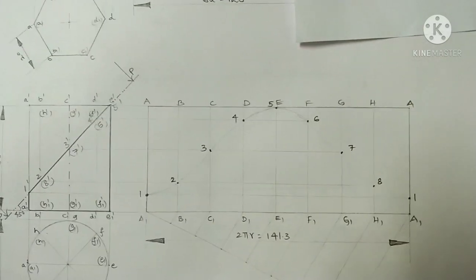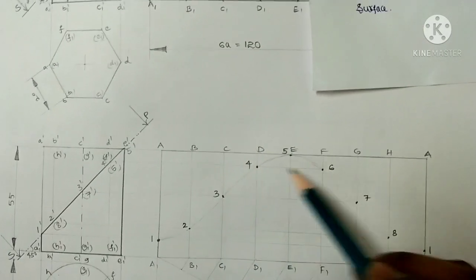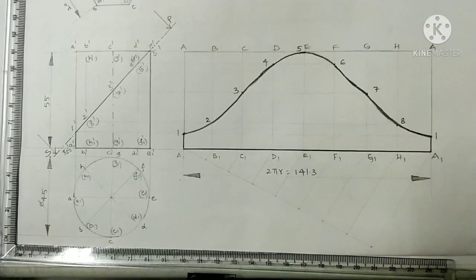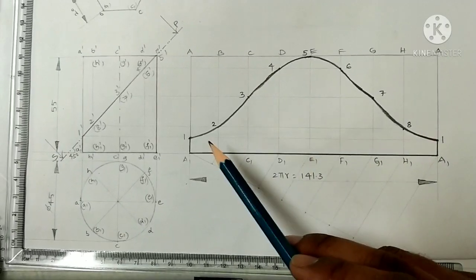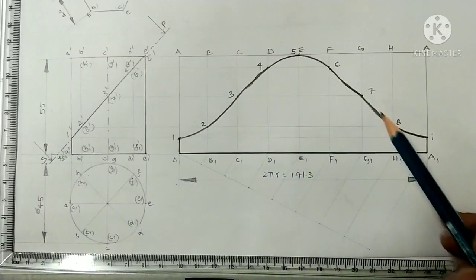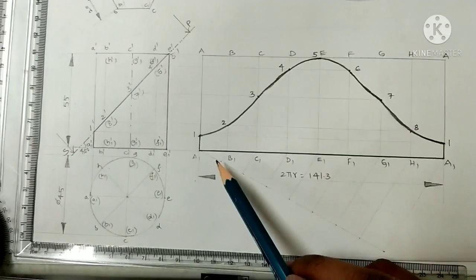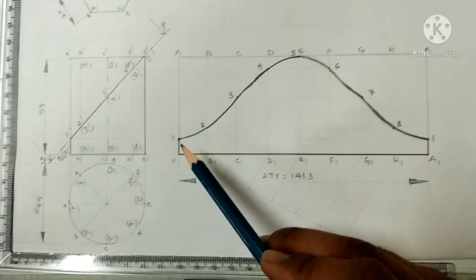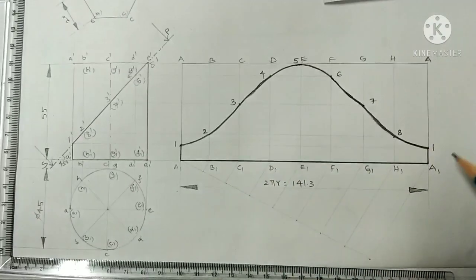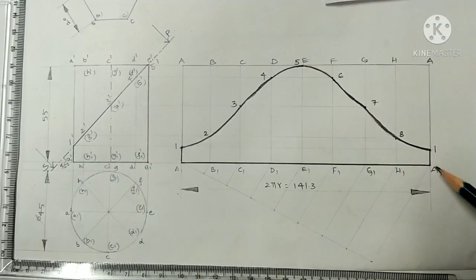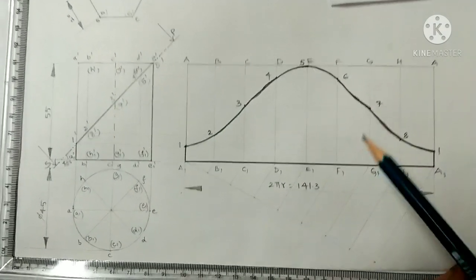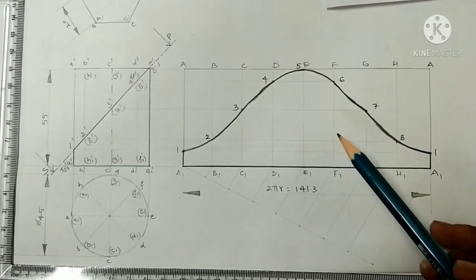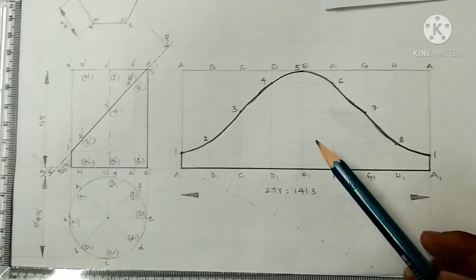So next with the help of an HB pencil we can highlight this curve by freehand only. Finally here we can see, join all the points in this way with a freehand curve. And if you observe the base, there is no cutting portion, that is why we should use an HB pencil here also, and join 1A1. Similarly here this 1A1 also with an HB pencil straight line. And if you observe the remaining inside lines, all lines are very light lines, 2H lines, because they are generators.